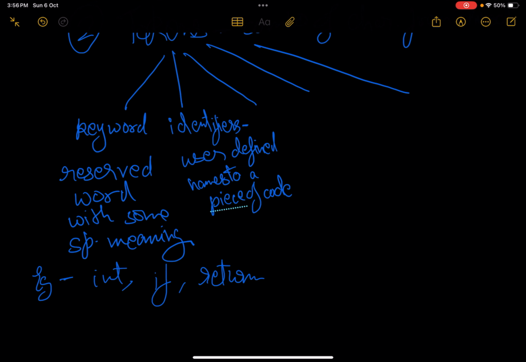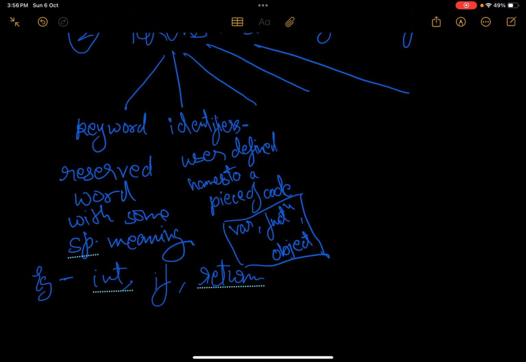So this is basically used to name a variable or a function or an object. So there are certain rules